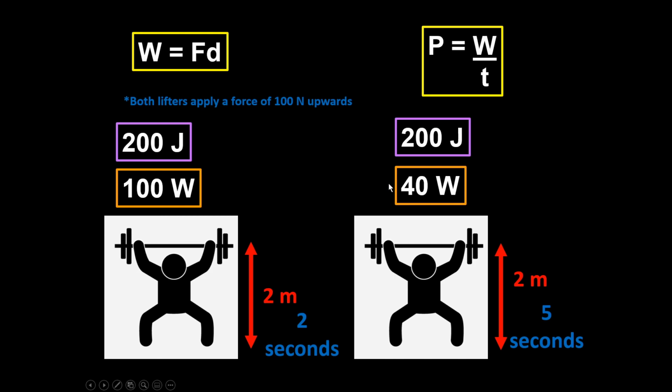So that's kind of the difference between work and power. Work, all that really matters is how much force was applied and what is the distance. So in this case, it's going to be identical because we have identical forces and identical distances. But power really does take into account how much time it takes. You did the same amount of work, but how quickly did you do that work? So that's why we get more power here than we do here, because this weightlifter was able to do it much more quickly. So I hope this helps you out a little bit when doing your second assignment for this